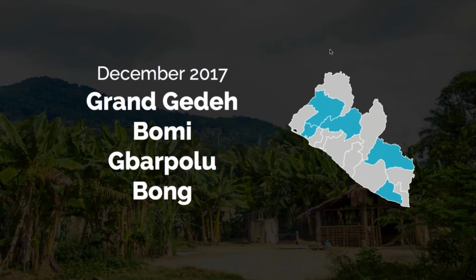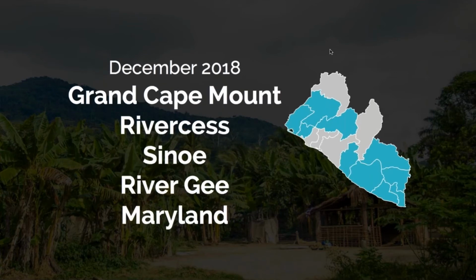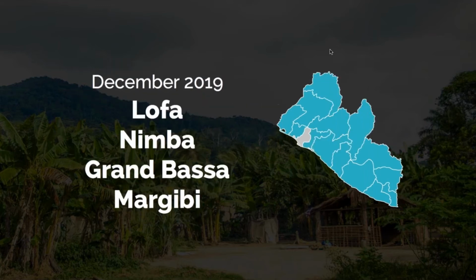In 2017, four more counties were completed. Those are about to be certified right now as completed by the government. In 2018, we'll have a whole other crop of counties that will be certified completed. That's what the teams are working on right now.